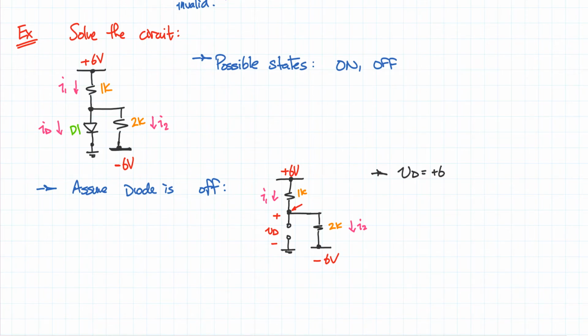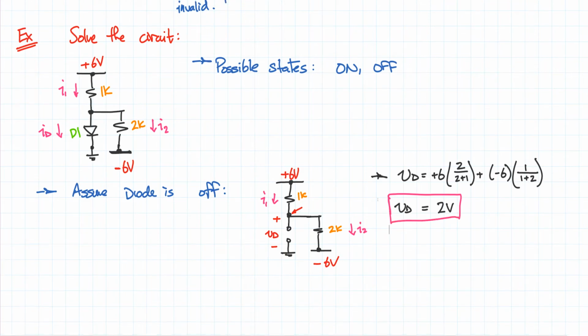So the contribution of the positive 6 seen there is going to be 2 over 3, because you have 2, well, maybe we can do it in 2 steps like this. So it's going to be 2 over 1 plus 2, and then I'm going to add that to the negative 6 contribution, and the negative 6 is going to be on the opposite side. So it's going to be 1 over 1 plus 2, or 2 plus 1, whichever one you want. And if you solve this, you'll find that this is equal to 2 volts. And so this 2 volts here that we have,